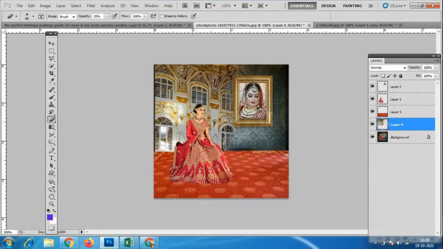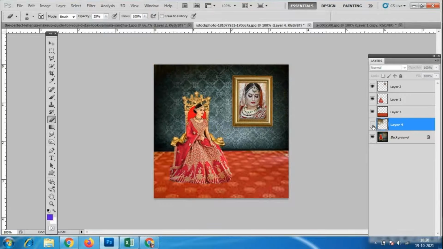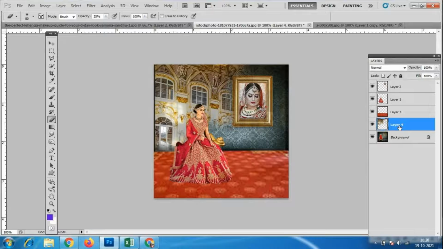Okay. But in the background we have this palace kind of background also. So too many things I'm making with one single image. So always while you are seeing the image itself, you have to finalize it. What else we can do with this image? What extra things we can add for the single image? See, before the image was not having anything. So now the image is completely changed.